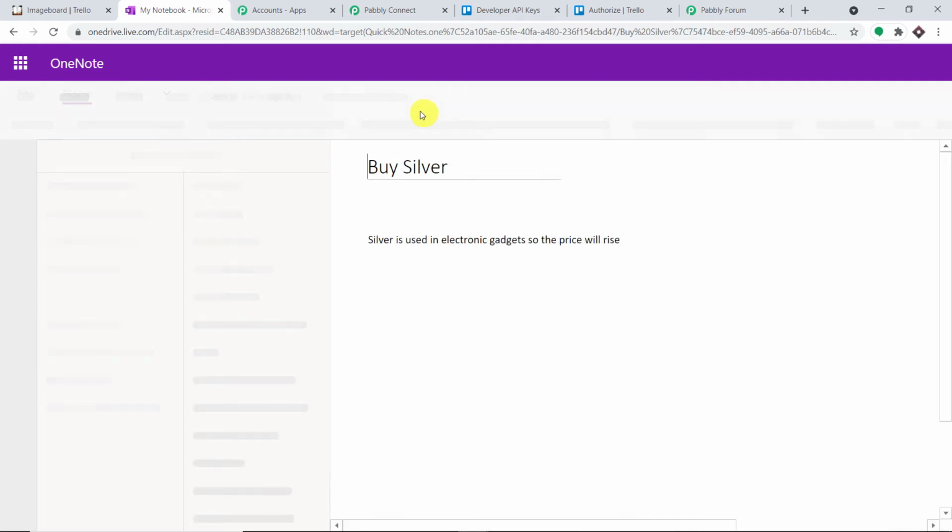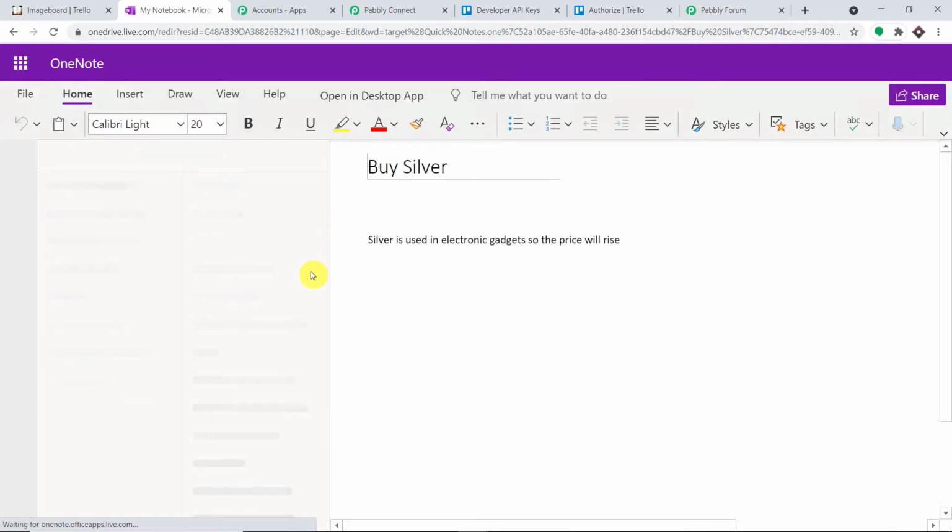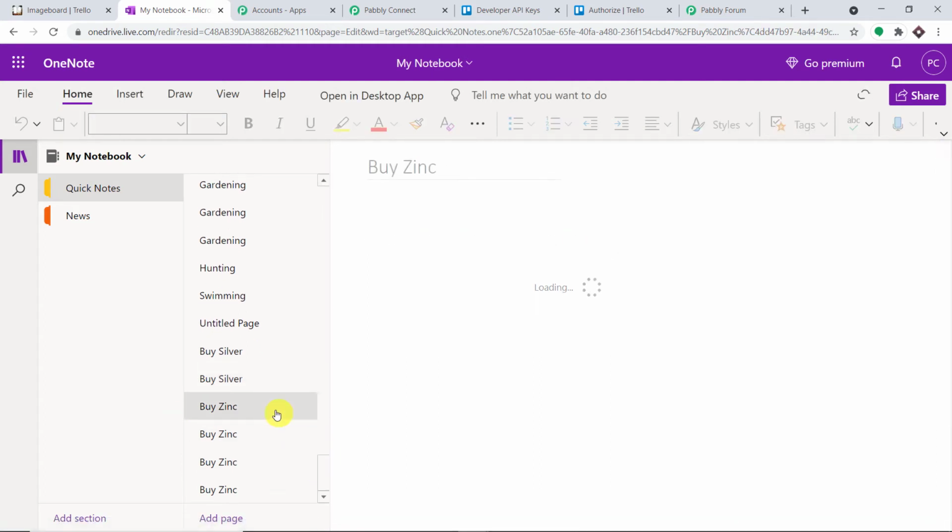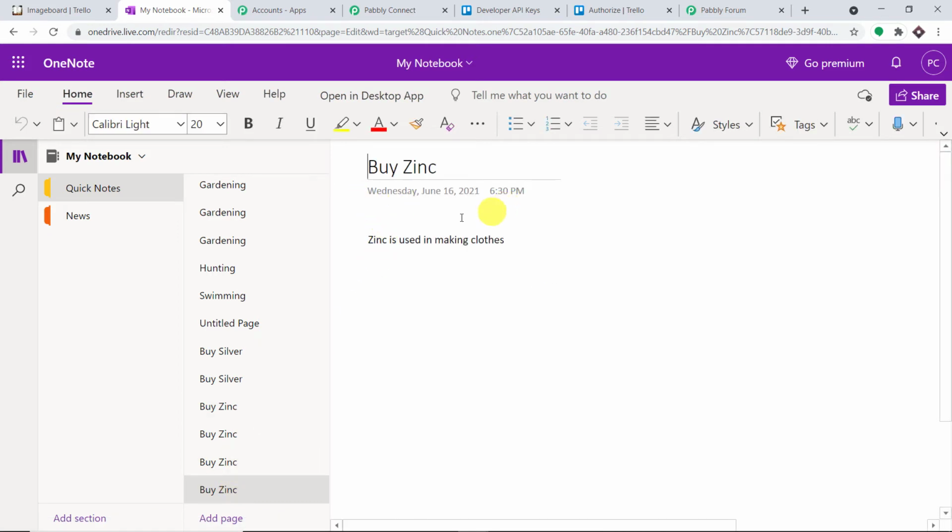Okay, so we will be expecting some unexpected results. As you can see, this time we have four sets of data by Zapier. This is the first one, and we don't have the due date or the description. Now the second, we have the due date but not the description. Then the third, we have again the due date but not the description. And the last one, we have the due date and the description. So basically this is the final one, we have the whole data.